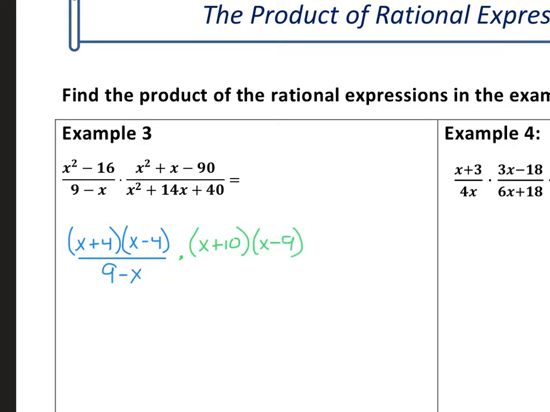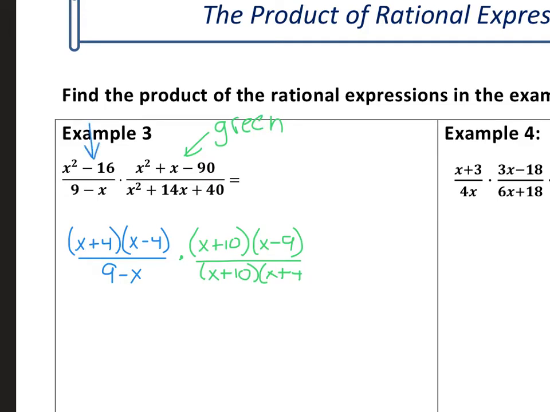You can see here, you could always check. Positive 10x minus 9x is going to give us that plus 1x there. And then in the denominator, we're looking for two numbers that when multiplied together give you 40, and when they sum, they give you 14. So those are pretty easy. X plus 10 times x plus 4. So I'll just say green